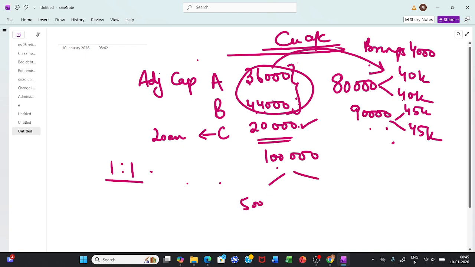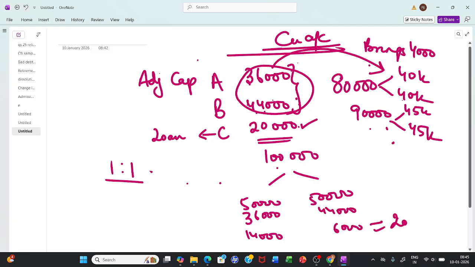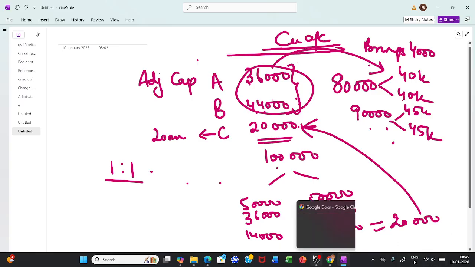If I divide it in the new ratio, 50,000 each. A's old capital was 36. A is making it 50, so A brings in 14,000. 44 becomes 50, he brings in 6,000. So total they are bringing in 20,000. And what do we need to pay C? 20,000 only. Let me share the same in the form of a